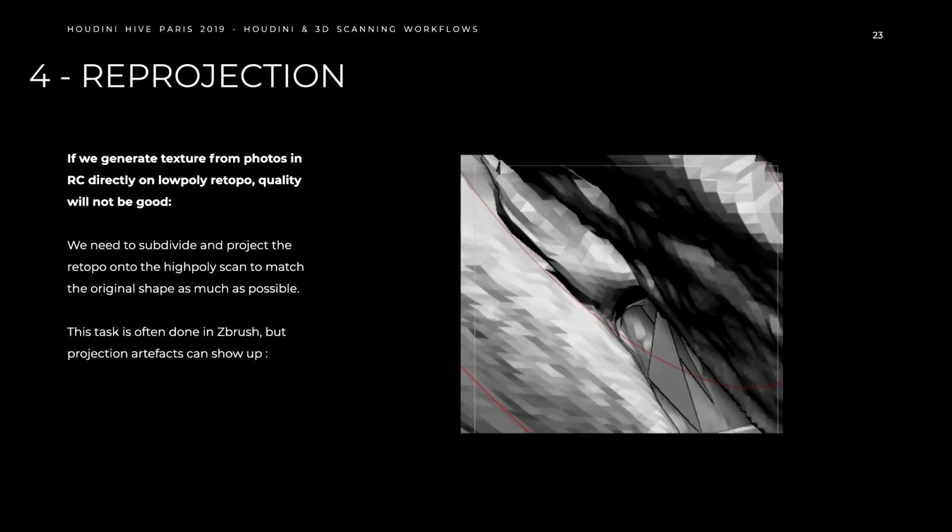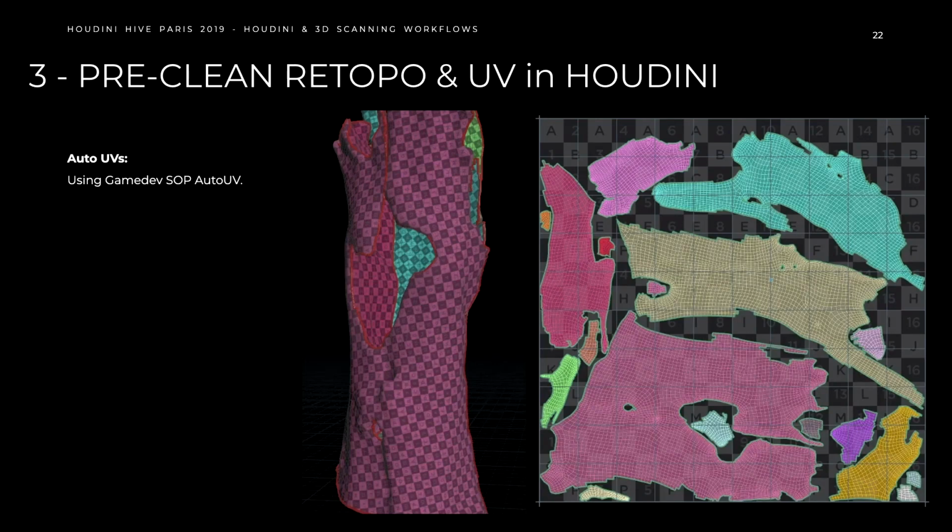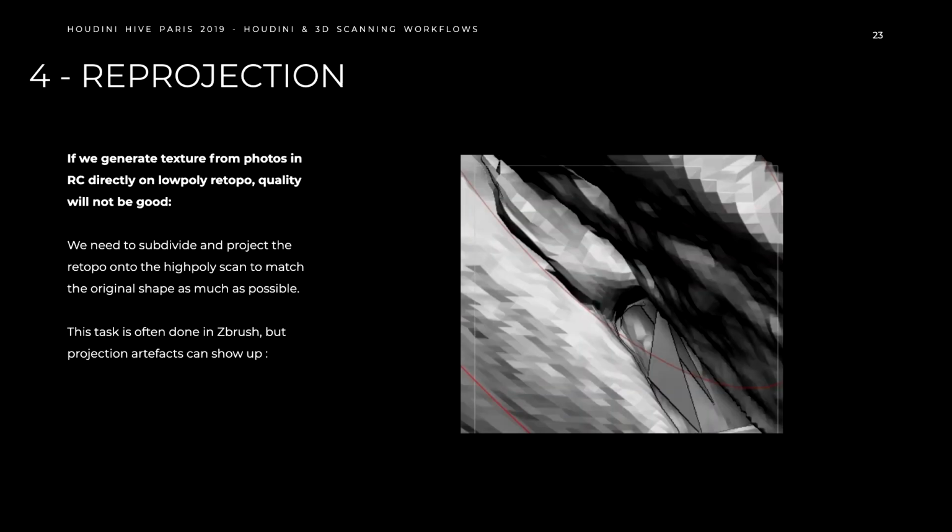Okay, so now it starts to be maybe the further step. People don't really talk often about it, but you can just use this model, bring it back inside of RealityCapture to project the texture. The result won't be good because you're too far away from the original position of the scan. So the next step, you will need to subdivide your low resolution mesh and project it back onto